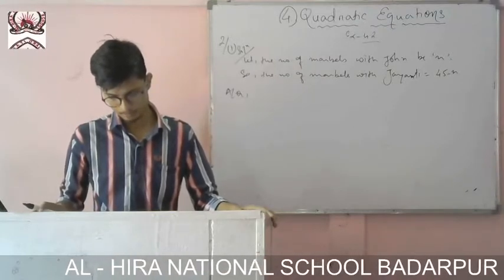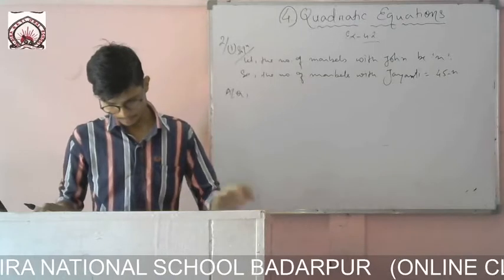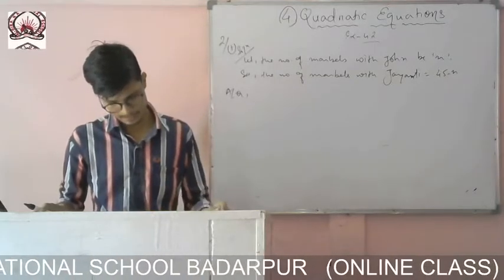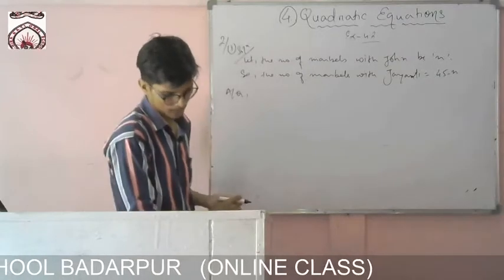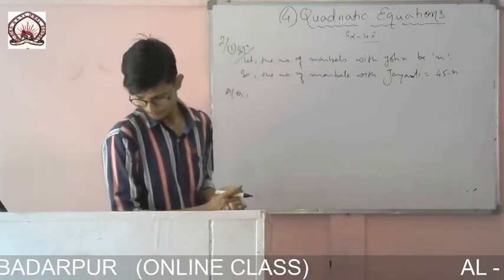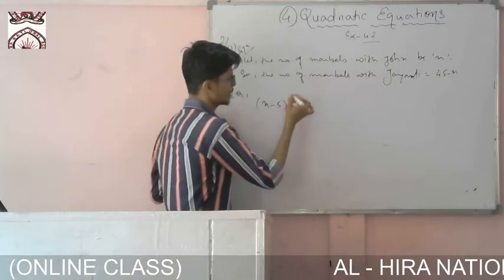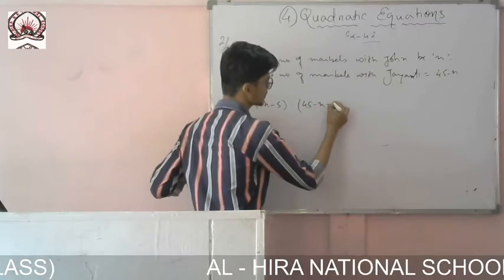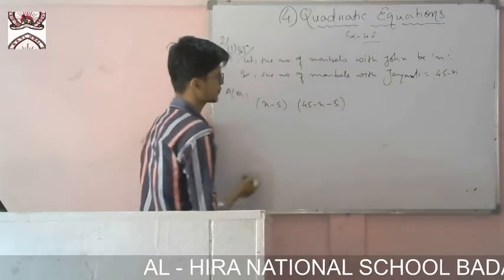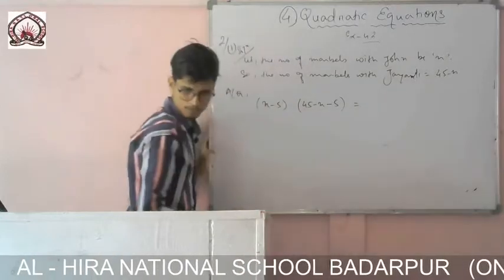So what is given? Both of them lost 5 marbles each, and the product of the marbles now is 124. So both of them have lost how many marbles? 5 marbles. So that means the first one has x, so x minus 5, and the question is given about the product. Another one also has 45 minus x, and she also lost 5, so again minus 5, and which will be equal to